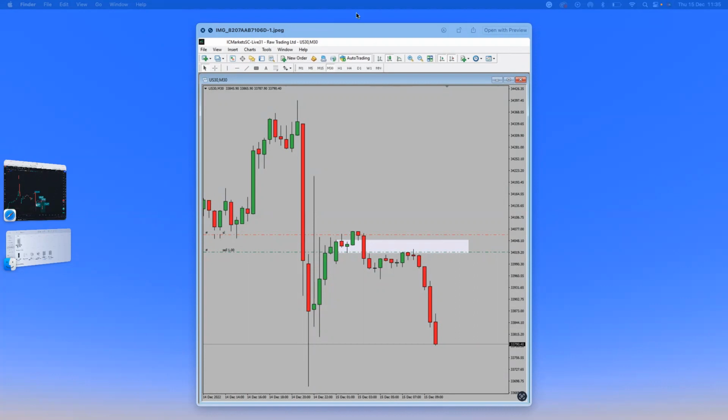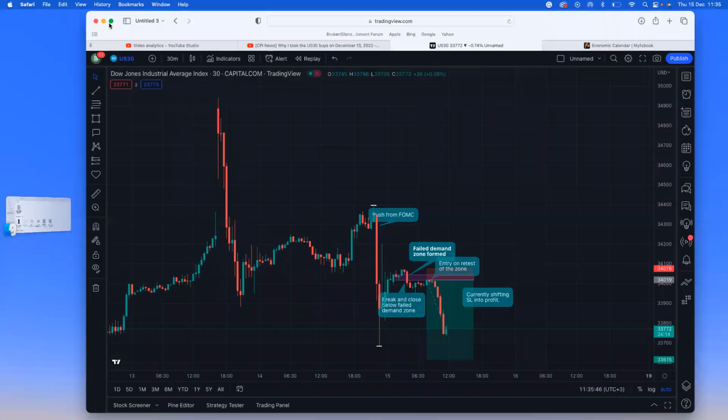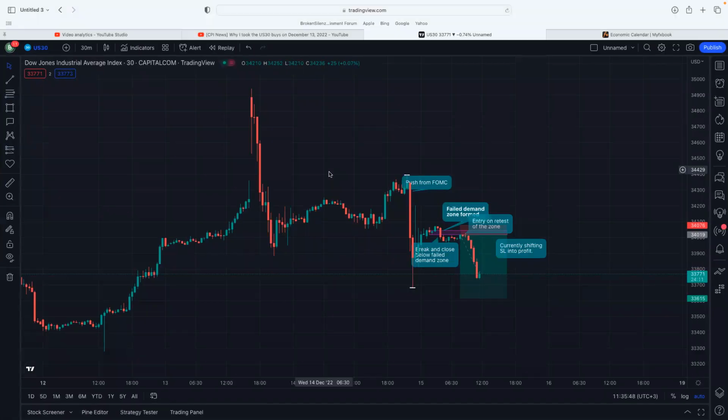So, as you can see on the charts right now, I have US30, the screenshot from the trade that I took. And as you can see, I took some shorts, sell one lot after we had break of structure here. And my bias was to take this trade all the way down till to probably break this and continue to the downside. So as you all know by now, we'll be jumping straight into TradingView to try and see what it is that told me to take this trade.